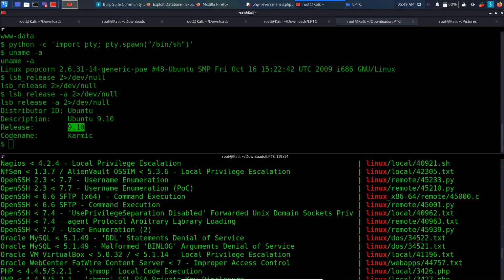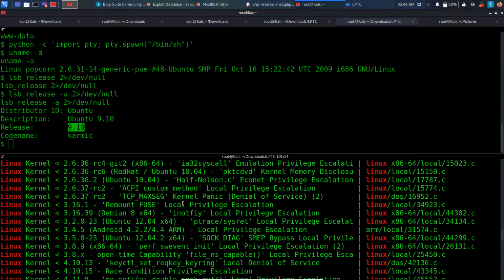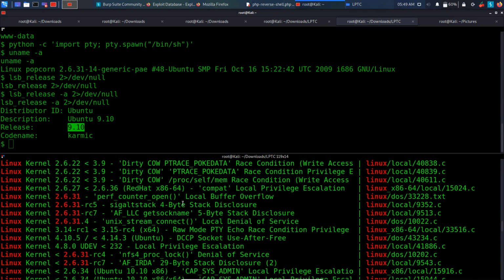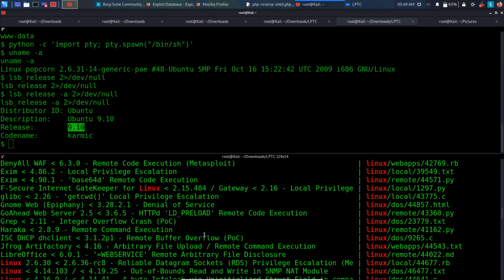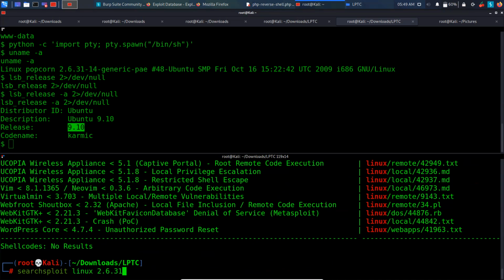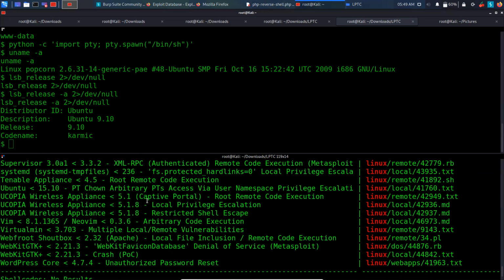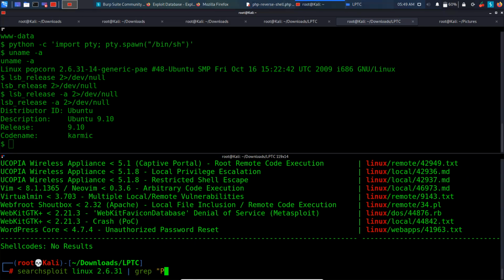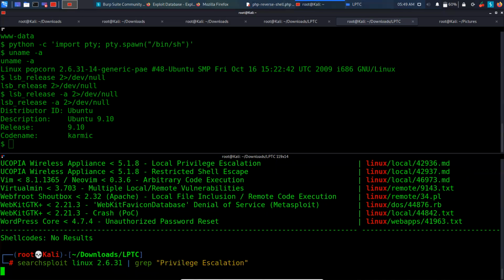So it gave back a lot of output, and we are not interested in everything. So we need to filter it out, because we are only interested in the privilege escalation ones. So what we can do is type this, the pipe operator, which lets you supply another command to the already existing one. So we will supply grep. Grep is basically to filter out some text in this whole output. So we are interested in privilege escalation. So we hit enter now.